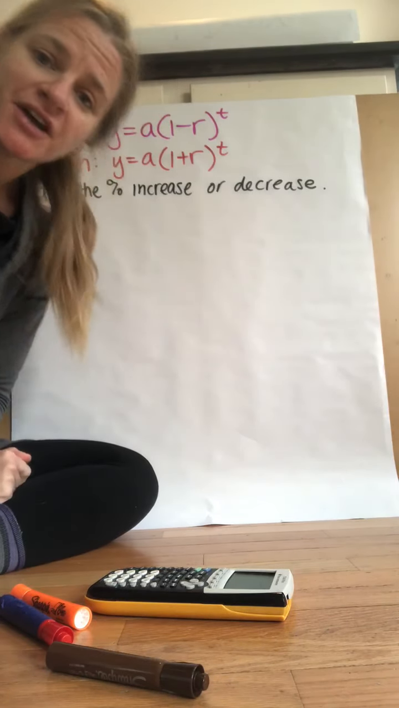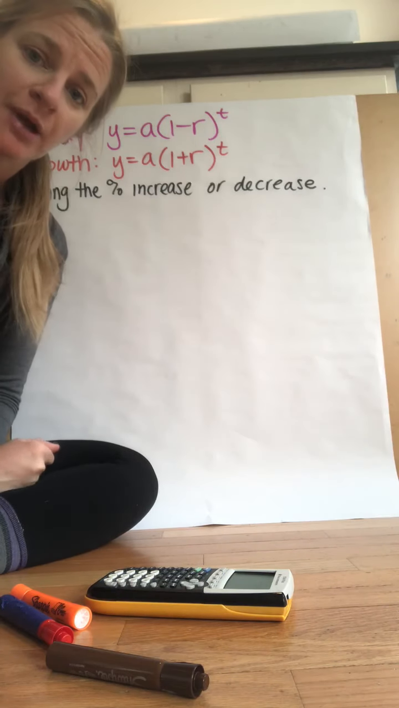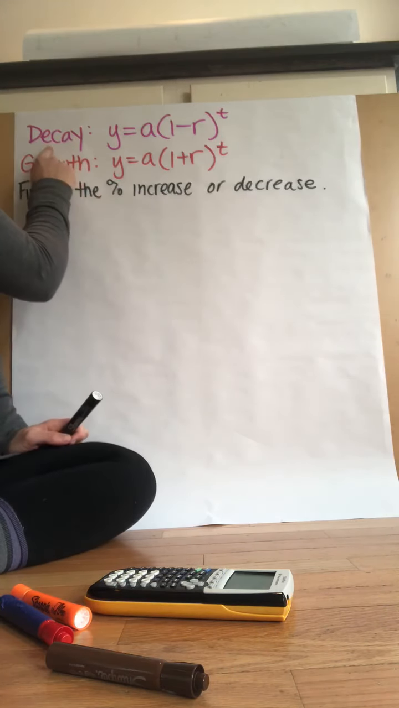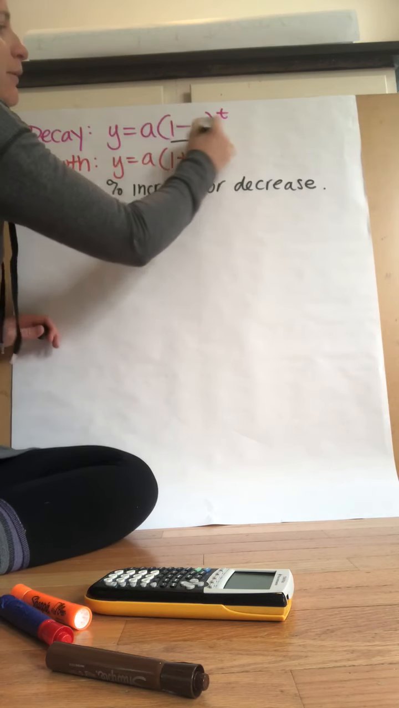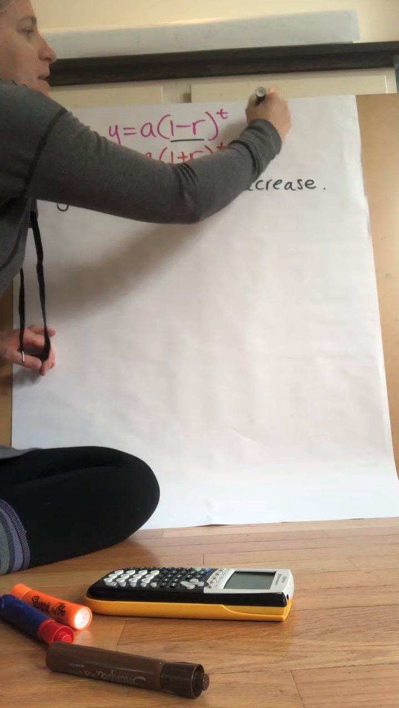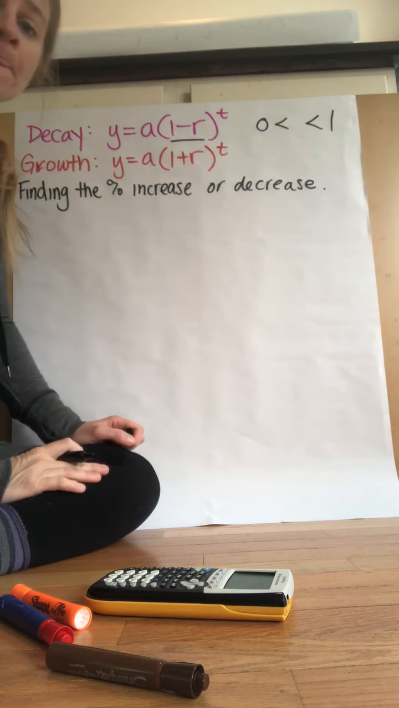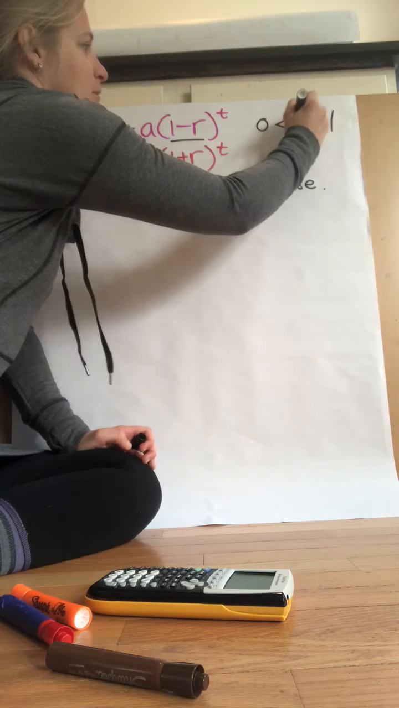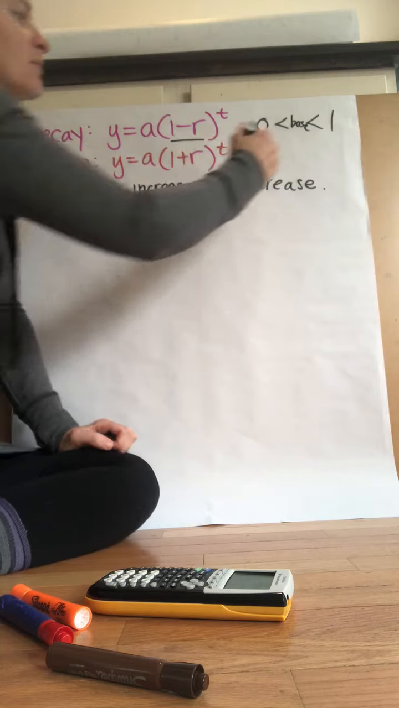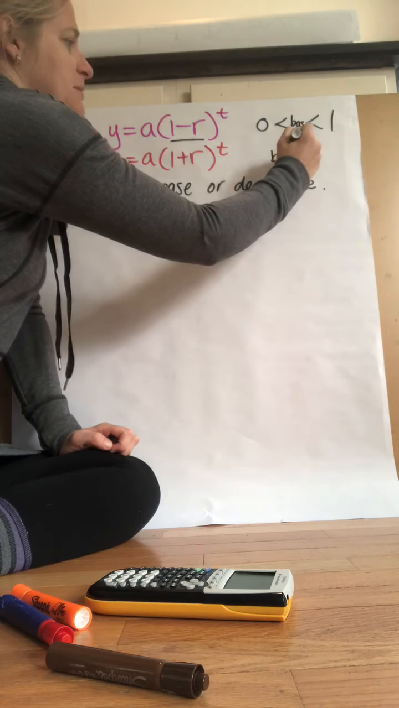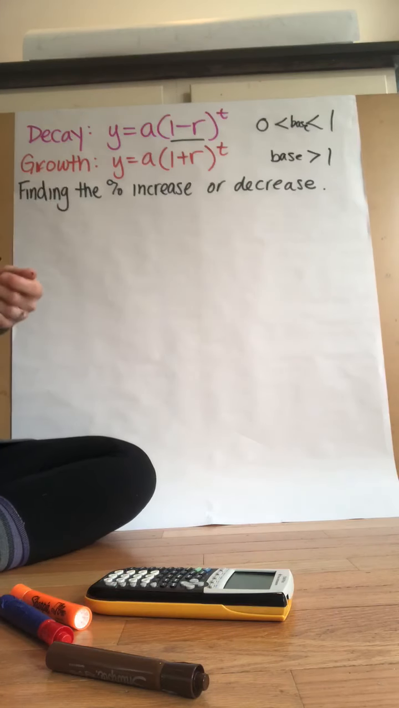So right now we're going to talk about finding the percent increase or decrease in an exponential problem. The first thing we need to recognize or remember is that when we're dealing with decay, our base is going to be less than 1. Okay, so we're going to have that base, 1 minus r, obviously, is going to be between 0 and 1. We're going to have our base greater than 1 when we're experiencing exponential